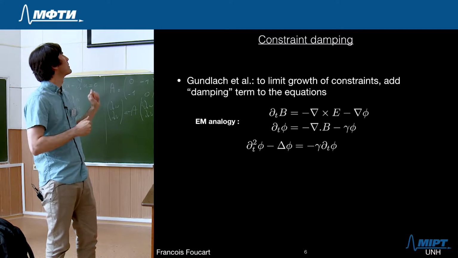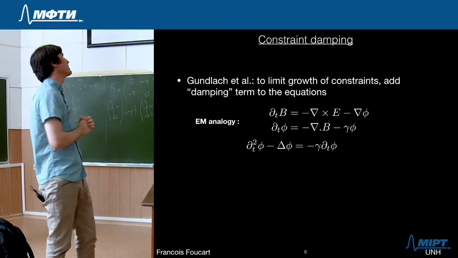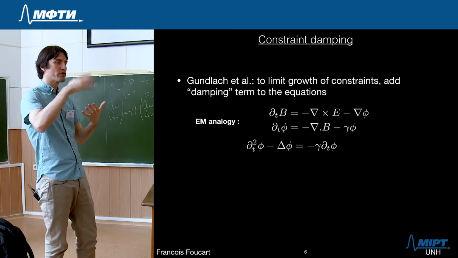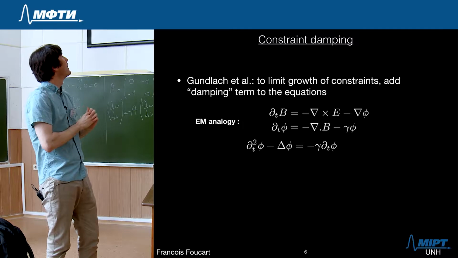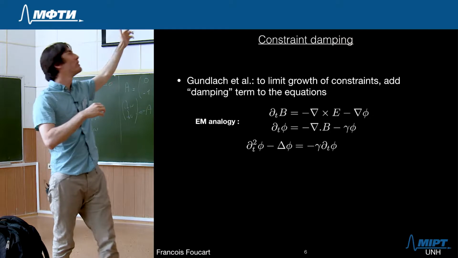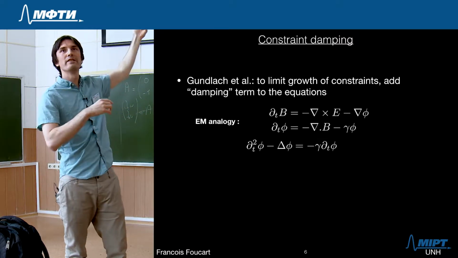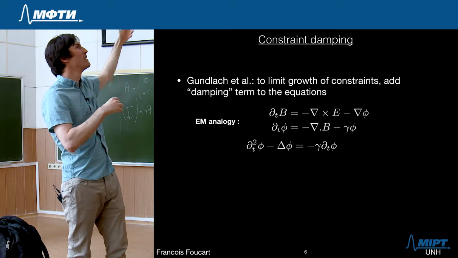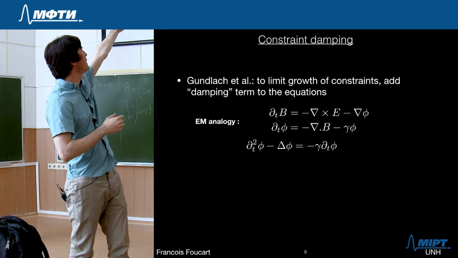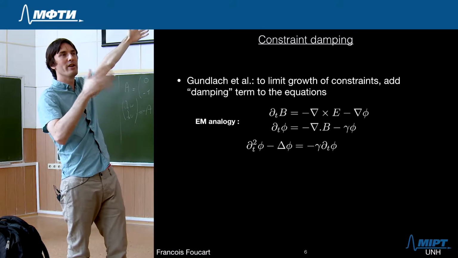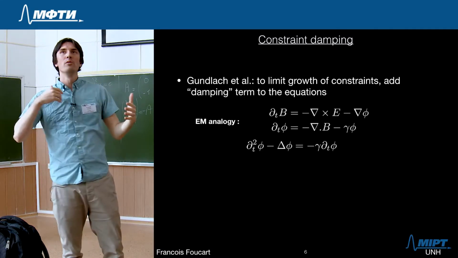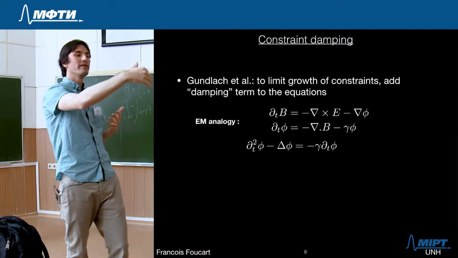But there is a way to avoid this issue by introducing a new variable which grows if the constraint is not satisfied, and to write evolution equations of that variable so that now both the constraint-violating mode and the new variable evolve as waves in your system. So both of those, here the longitudinal component of B, the one that violates the divergence B equals 0 constraint, and that new variable phi are now moving as waves in your